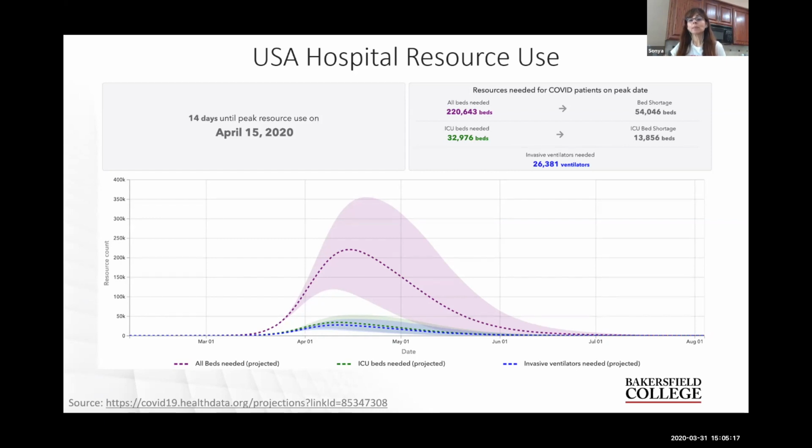And you can see the purple line, and then you can see the shade of where it could be, and to where we could flatten it in the range that is provided. And it shows you the numbers in the United States in terms of the shortage of beds and the shortage of ICU beds. Moving to the next slide,